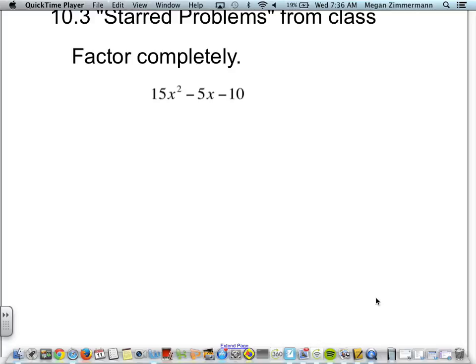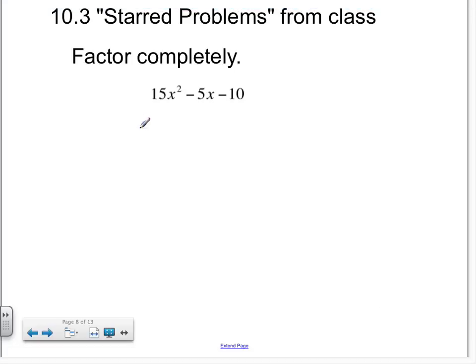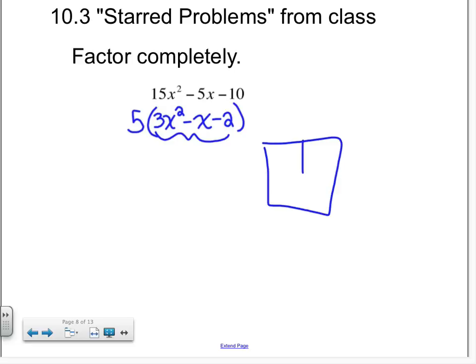There's no variable in common with all three terms, but we do have the factor of 5 that is in common with all three terms. So we can factor out a 5, and we're left with 3x squared minus x minus 2. Now we need to see if we can factor the remaining quadratic polynomial. So 3x squared minus x minus 2, that looks like it factors into,